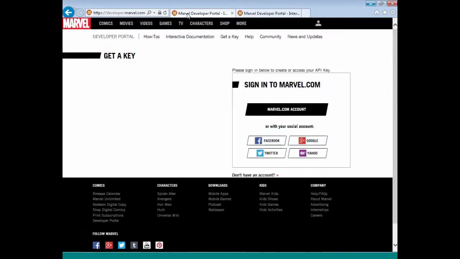The other thing before you can get started is you'll actually need to get a login to marvel.com, and you can either do it via your email address or via a social account. When you do that, it's going to generate a private key and a public key for you, and that will be absolutely necessary to actually test. You can do the test APIs from